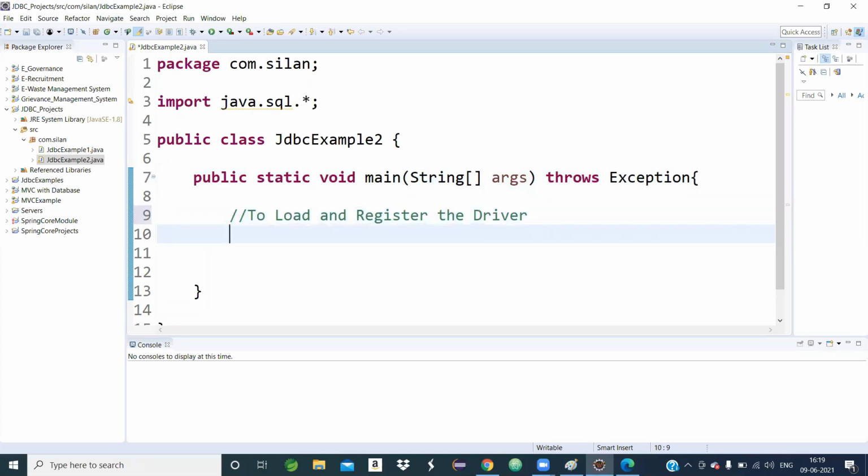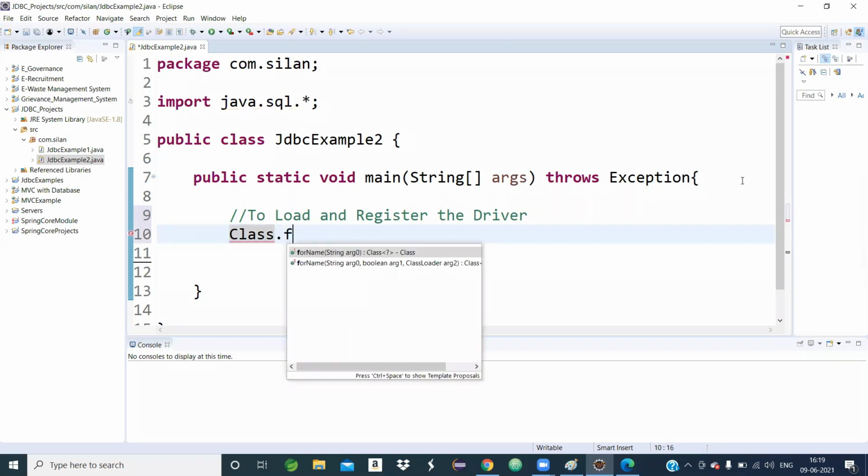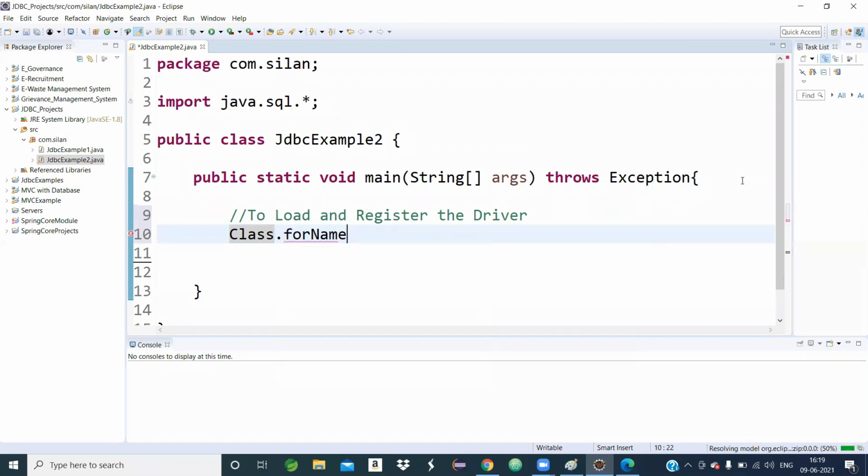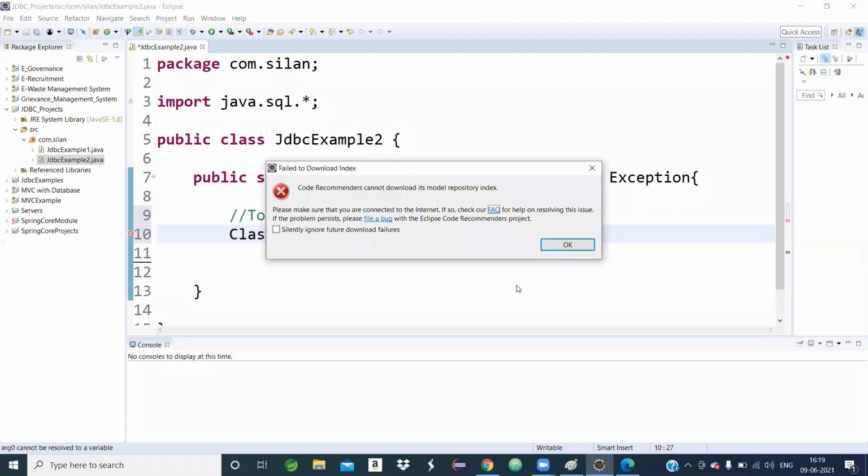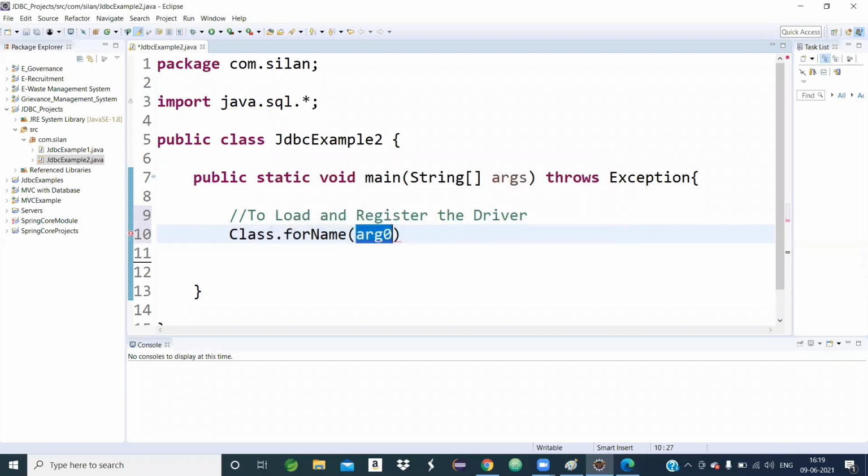In which way we will resolve that part, I already gave the clarity, but I am recalling a little bit of information again. Class.forName: forName is a method. That method is invoked by a class named Class, and the forName method takes one argument.